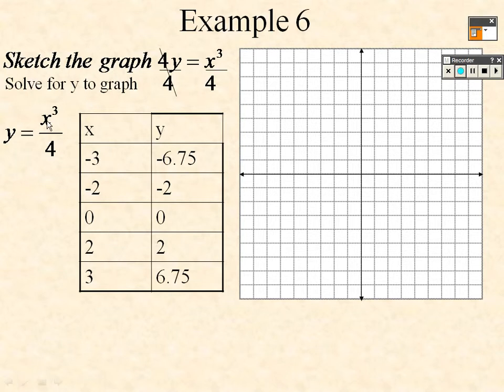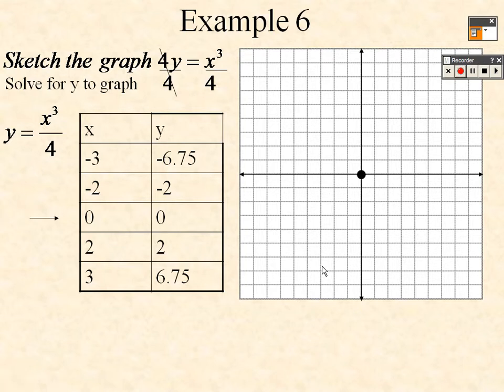Plugged in -3: -3 cubed divided by 4 is -6.75. Plug in -2: -2 cubed is -8, divided by 4 is -2. Plugged in a 0, got 0. Plugged in a 2, got 2. Plugged in a 3, and got 6.75. So -3,